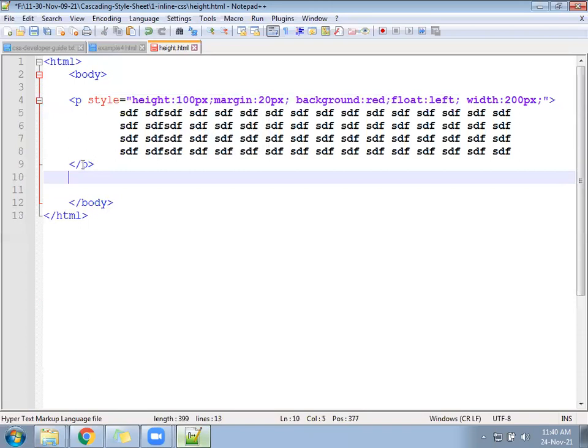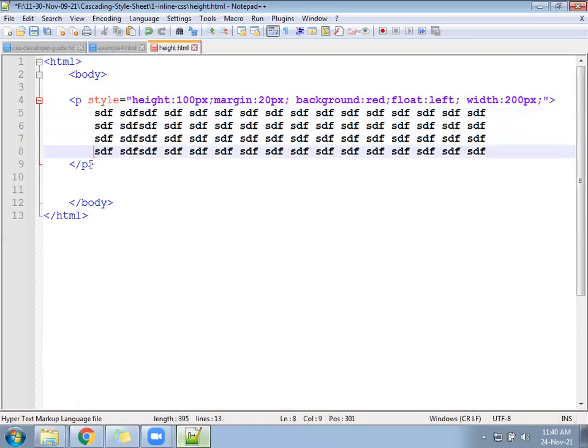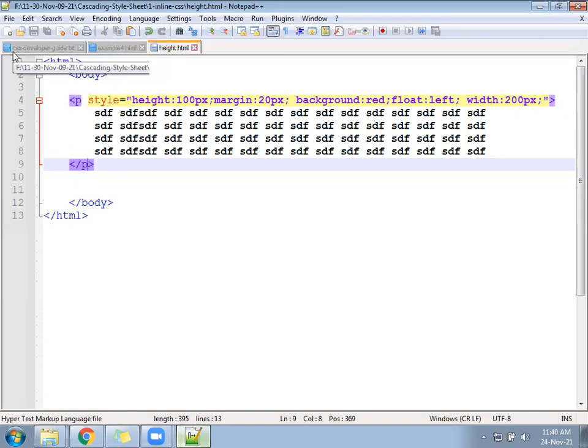In the content, you should keep more text. Keep more text.